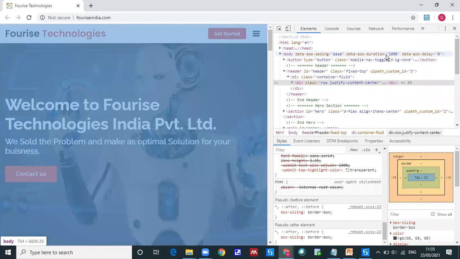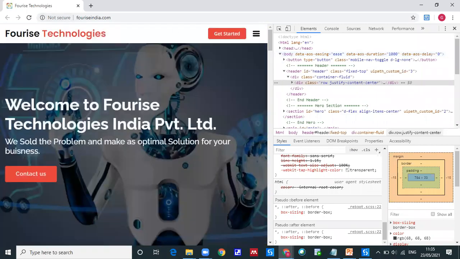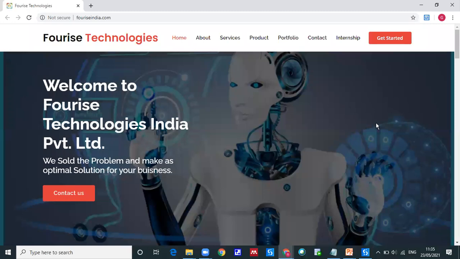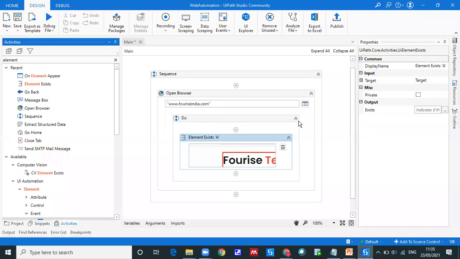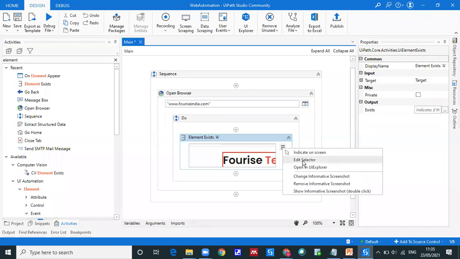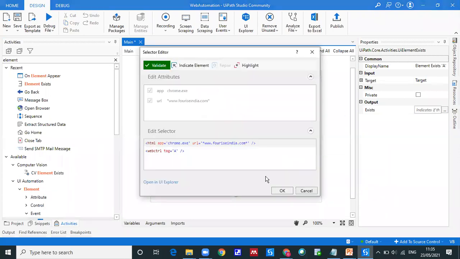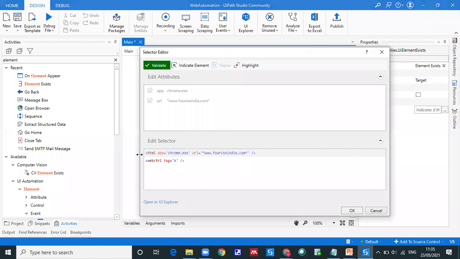So how will UiPath integrate? Based on that selector element. Selector is nothing but a web address, or a UI element address. Just right click and edit the selector. You'll find the address of that particular element. What is this? It has taken a selector automatically.